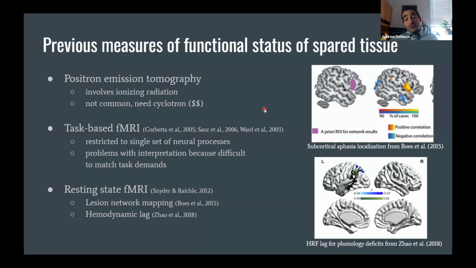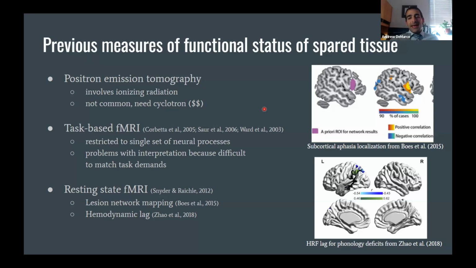And finally, there's a family of approaches that rely on resting state fMRI. And so this includes lesion network mapping, where you're looking for the effects of spatially disparate or far apart different lesions to different places that might have some overlap in a connectomic sense. So the anatomical damage may be different places, and the thing that makes them cause the same symptom, even though the damage is to different places in different people, is that there are functional consequences that, if you can measure them in the individual, you may find overlap in space. There's a hemodynamic lag approach. We could talk about ALF here, and there's several other